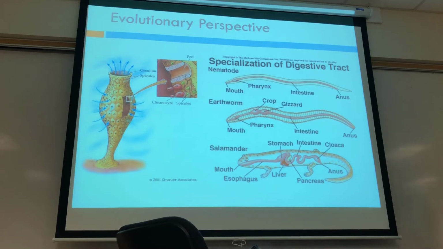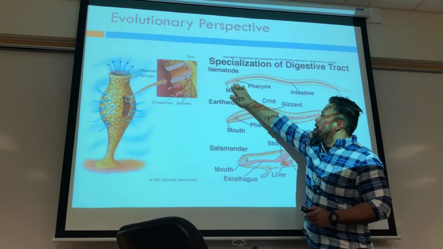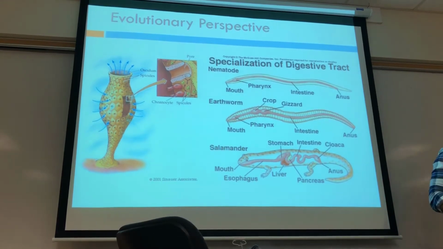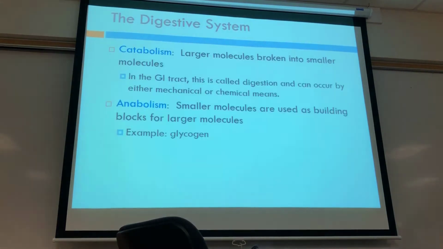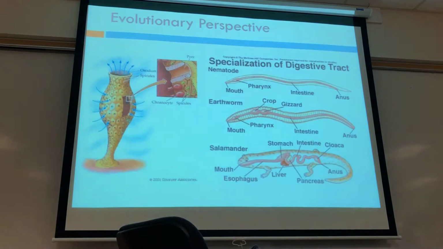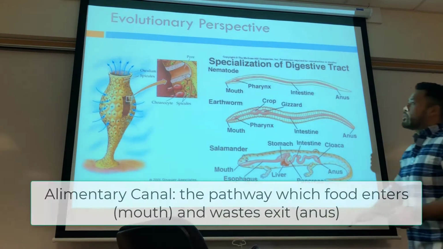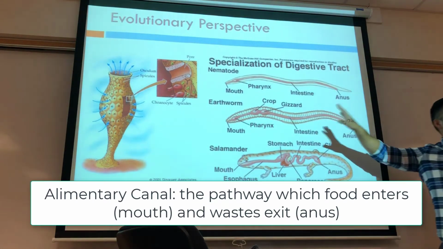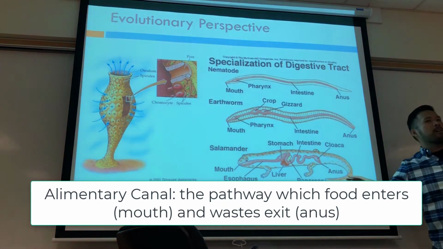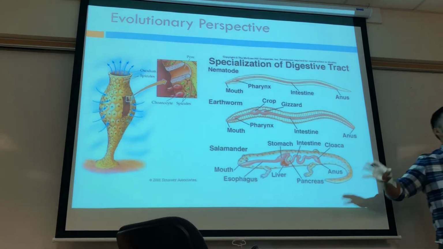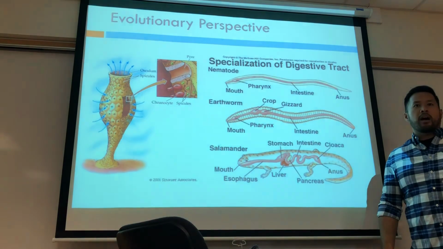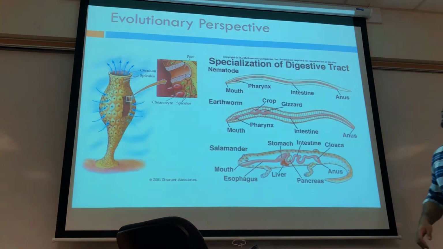And then with the specialization of the digestive tract, you would see the presence of the alimentary canal. And what exactly is the alimentary canal? You'll see it in this slide. The alimentary canal is everything from the mouth over to the anus. And it is continuous with the external environment. As you saw when we talked about the external environment, whether it's light, sound, you name it, anything that we're interacting with, air,